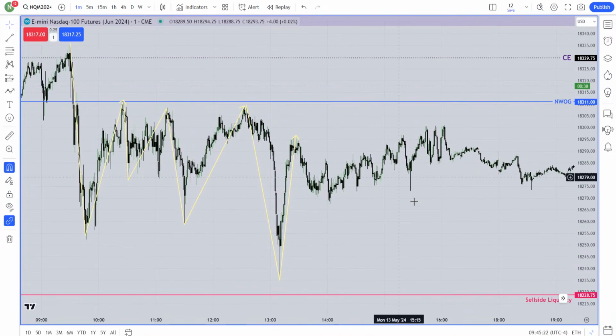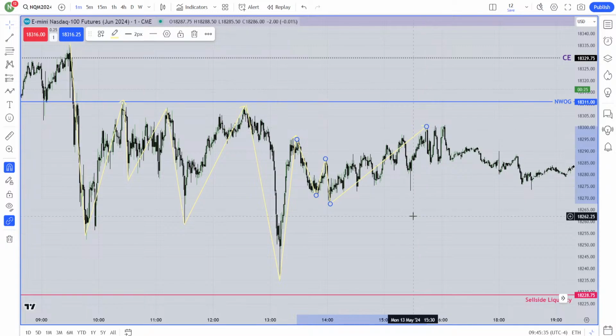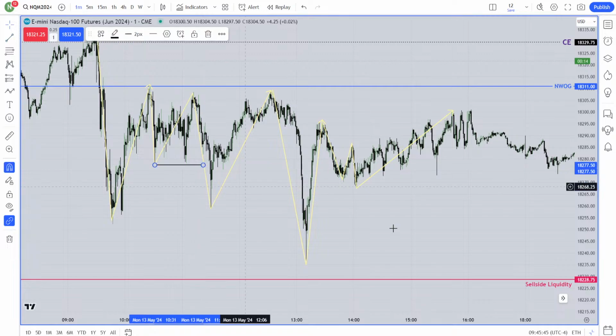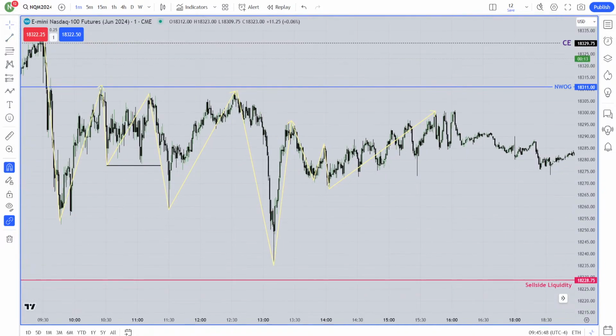Now here is the PM session. Look what happened. It went lower, went higher, went lower, then I will put it over there. Exactly over there. Look over here what happened after this move, the first move. Then the market went lower and took the low. Just look what happened. It has taken the low.